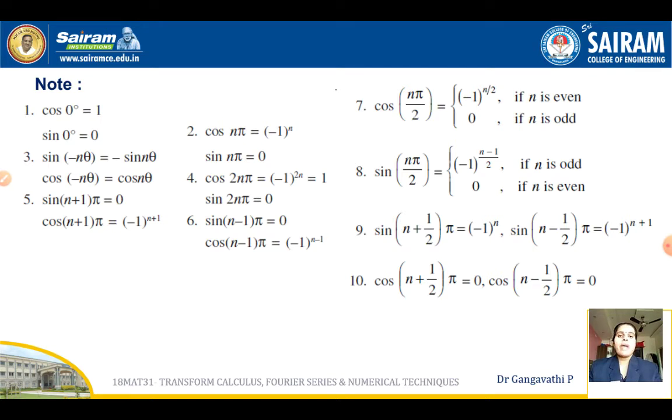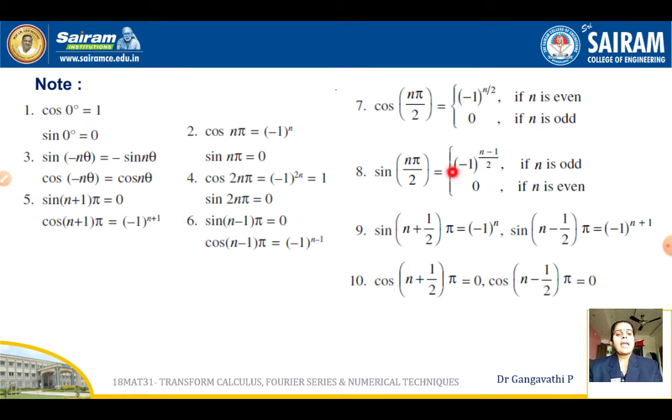You can also give some values for n, like n equal to 0, 1, 2, 3 and so on, and check whether you get these values. For sure you will be getting these values. Now another set of formulas that you need to remember is cos n pi by 2. For different values of n, when n takes an even value like 2, 4, 6, 8 and so on, the value of cos n pi by 2 gives you minus 1 to the power of n by 2. Similarly, cos n pi by 2 gives the value 0 when n is odd. Odd is nothing but 1, 3, 5, 7 and so on.